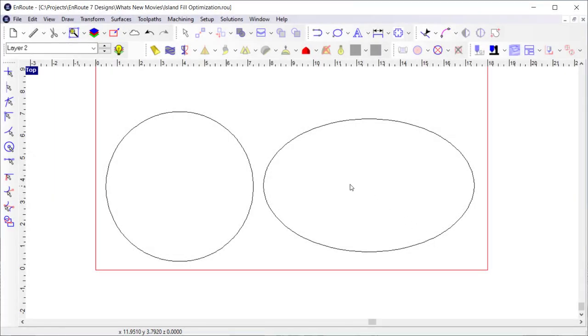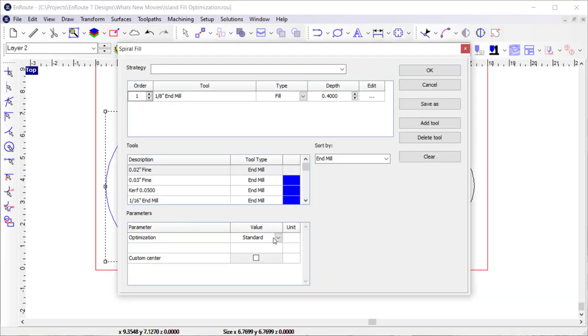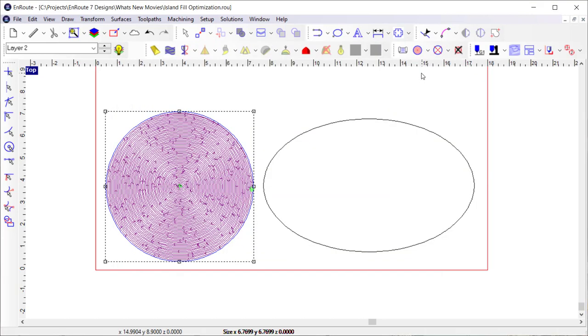The spiral fill is another toolpath strategy that has received an improvement in EnRoute 7. Previously, if I was going to do a spiral fill, I pretty much would pick a circle shape in order for that to be an efficient thing to do. As far as optimization, if I say none, and I click on this, I can get a reasonable result